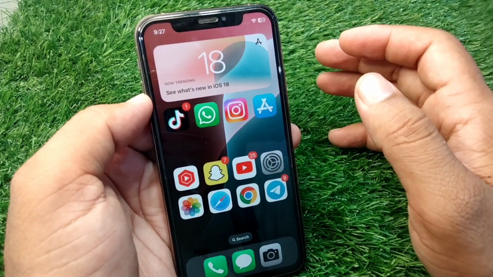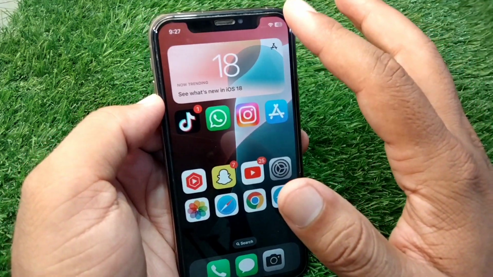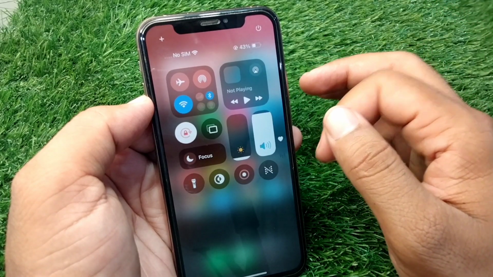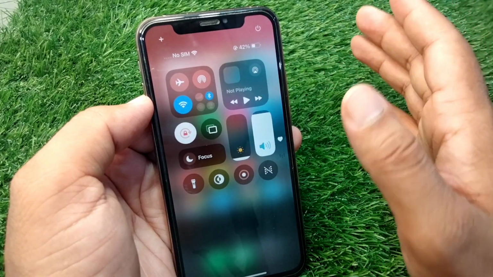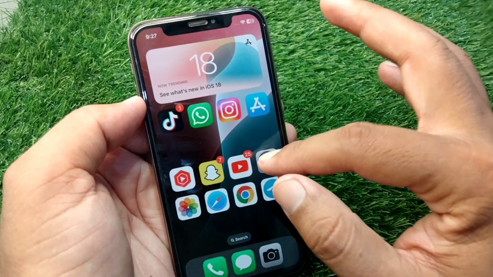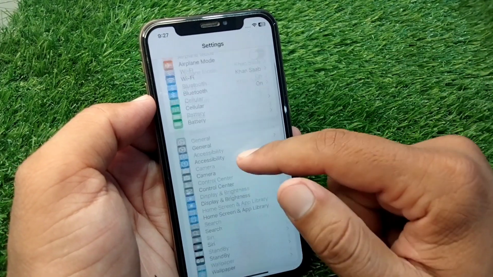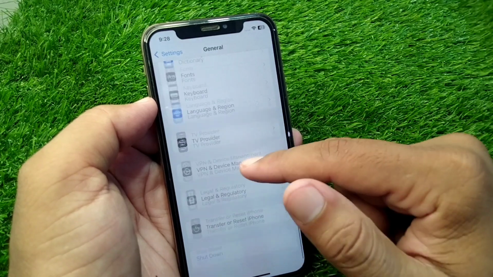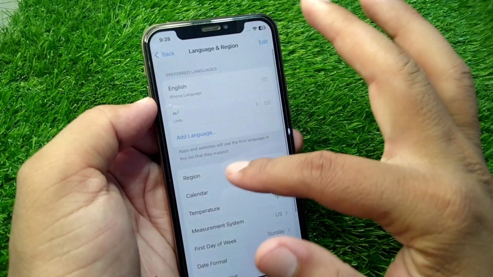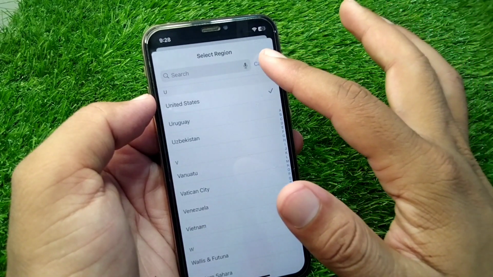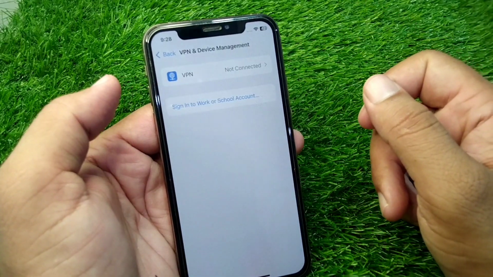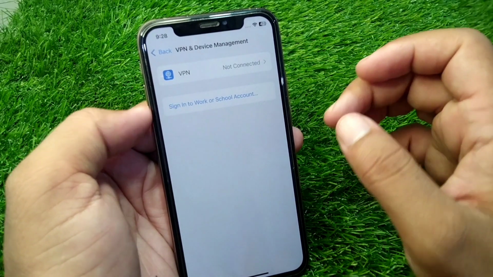So guys, the very first solution for this problem is that you have to simply make sure that your internet connection is working properly and you are using a strong internet connection on your device. So guys, do this, and after this you have to open Settings on your device and then tap on General, scroll down and then tap on Language and Region and tap on Region and select your country or region correctly, and then go back and tap on VPN & Device Management and make sure that there is no connected VPN,